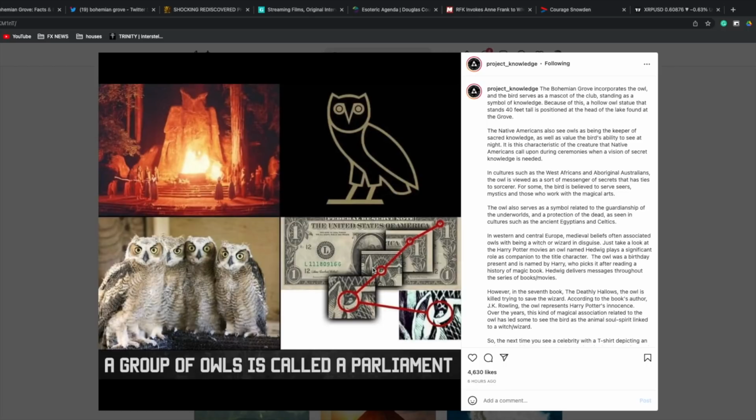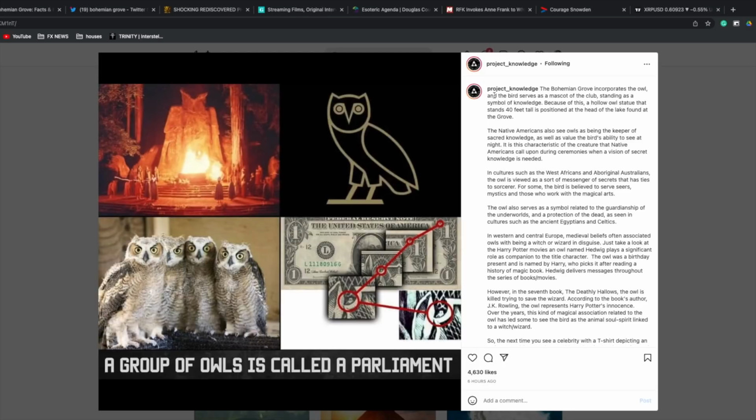But anyways, just to cover what this is. This is crazy to me that I never knew this, and correct me if I'm wrong, but I guarantee you that the majority of individuals did not know that there was an owl on our United States $1 bill. And why is this owl significant? A group of owls is called a parliament. Now, why is that interesting? If anybody has done any research on the esoteric agenda that is globally saturating our whole world infrastructure right now, you guys need to wake up and do some research. And I'm going to give you some research tools in this video breakdown on how to do so.